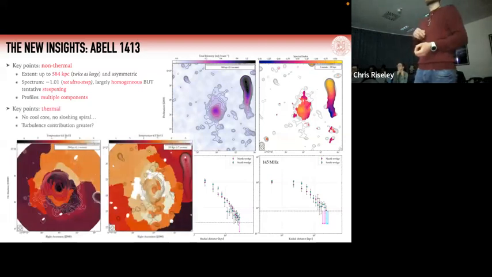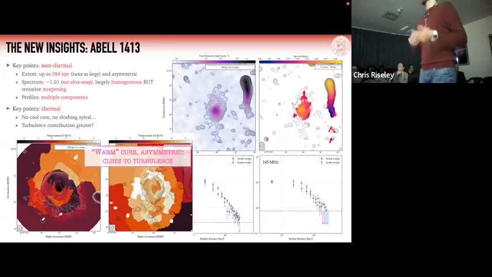at larger radii. From the thermal point of view, looking at ICM temperature maps here for MS-1455 and Abell 1413 here, there's no cool core in Abell 1413, which is unusual. It's in fact known as a warm core cluster. It is the only mini halo hosting cluster that does not have a cool core. This lines up with the multi-wavelength evidence, there's a bit of an asymmetric galaxy distribution in the north-south direction. This probably tells us that the contribution from turbulence is greater for Abell 1413 than MS-1455, which has a very, very clear cool core.